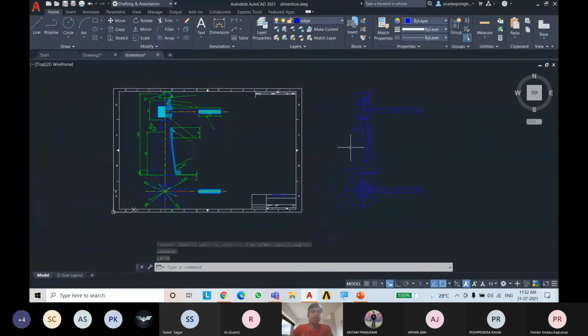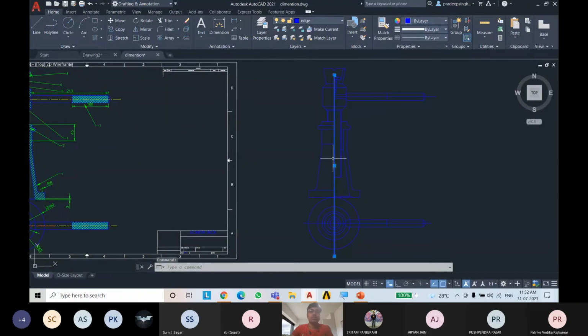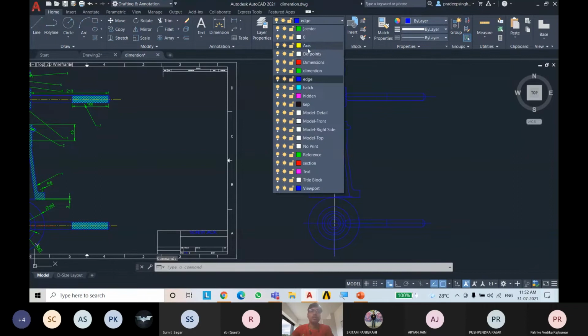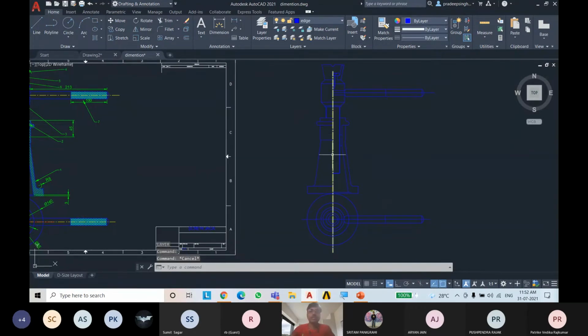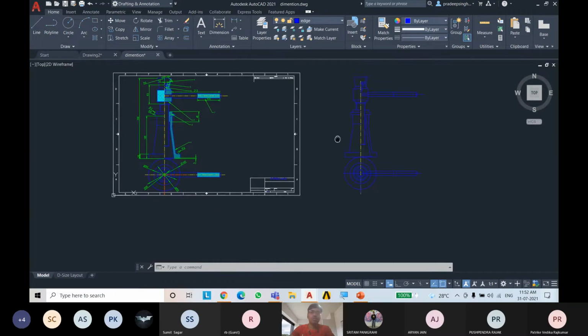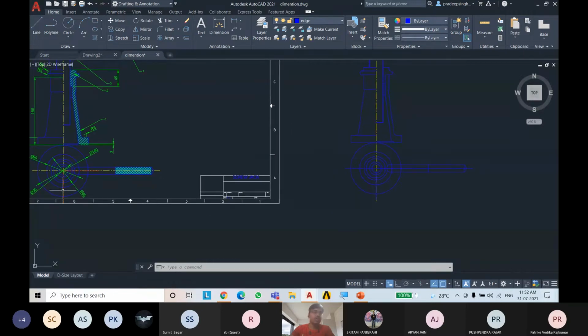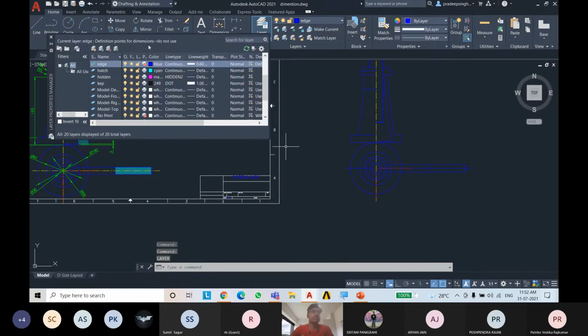So now we want this line as the center. So just click here, go there, and type X. Now you can see that this line changes and is converted to a yellow line, and the pattern has also changed. Now, this red color is the section line, so we'll select this, go there, click on sections and press enter.